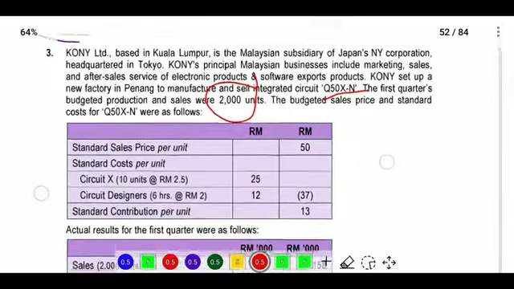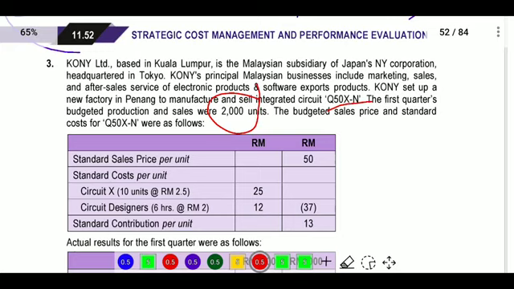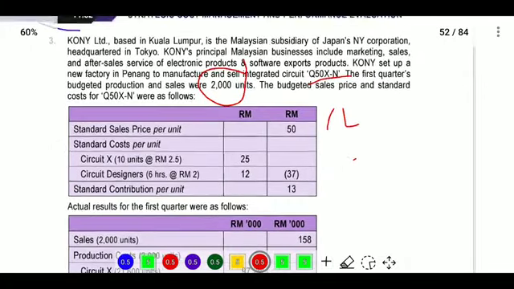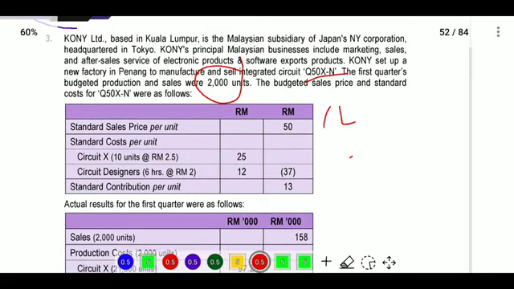Okay, 50 rupees means selling price into sales units. Units into selling price, 2000 into 50 rupees, we will get 1 lakh here. Okay, 1 lakh here. Next, the standard cost they provided: circuits, units into 4.5, so it is RM 2.5. Okay, 2.5 into 10 units, 25